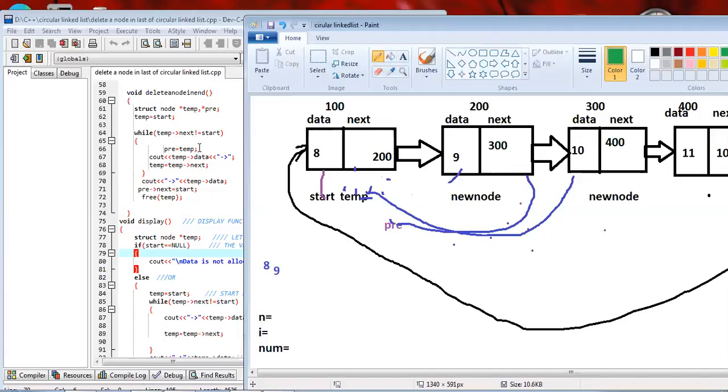The condition is checked again, temp next not equal to start, this condition is true, then the loop executes again. Pre equal to temp, meaning the address of temp is allocated in pre, pre points to this node and this link is removed.